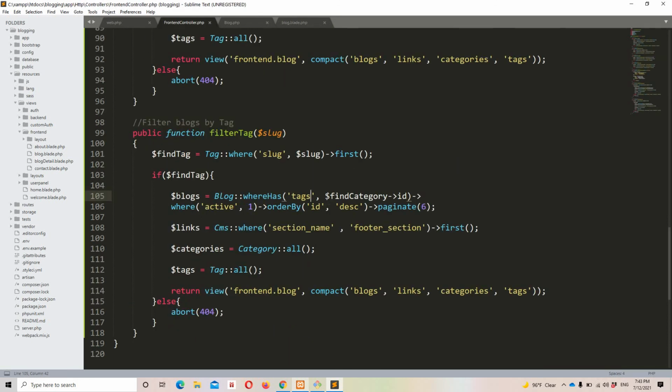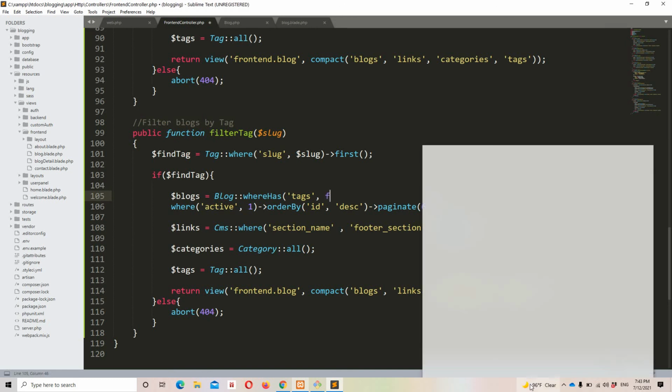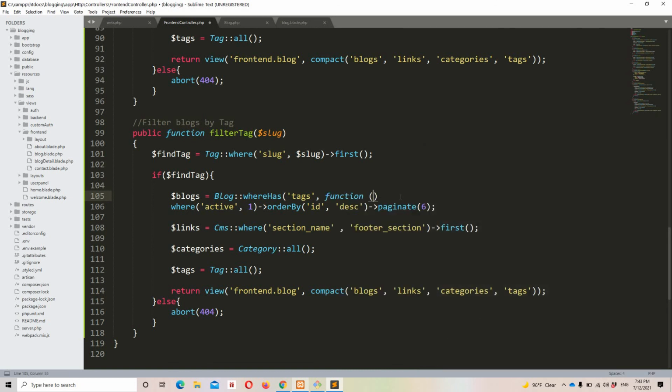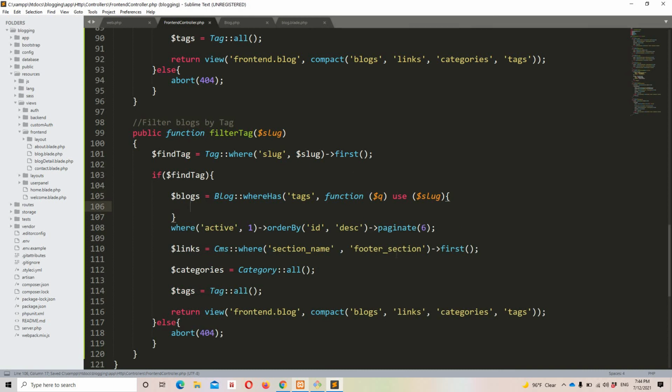So yeah, find category, I'm going to remove this. I'm going to put a function, just like that, because I'm going to create a subquery inside a query. So $query, and I want to use $slug in my subquery. Let's put curly braces right here, and we can simply implement a query right here, which is $query, a temporary variable.